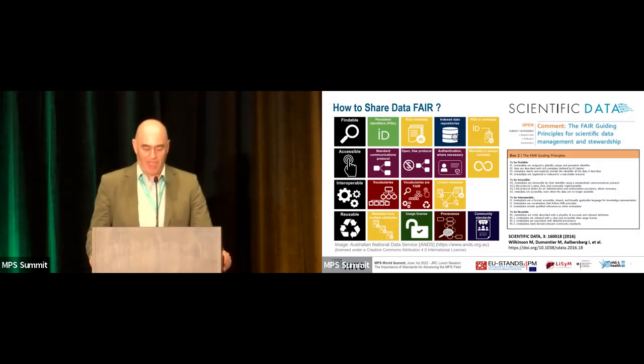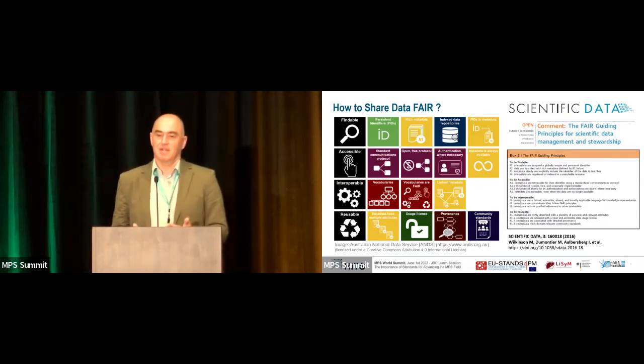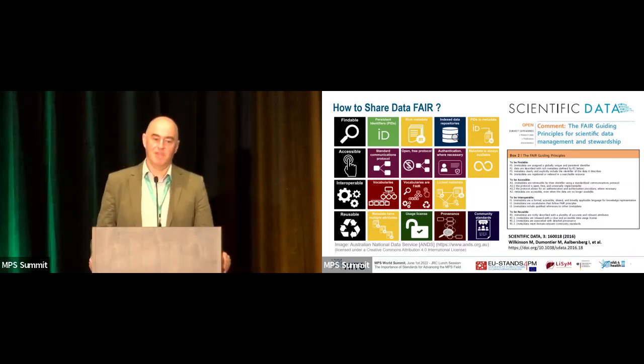For actually making the data FAIR, you have different tools and different things that you can use. So to make it findable, you need to use rich metadata, persistent identifiers for the parts of your data. Persistent means that the identifier does not change over the time. You need indexed data repositories, et cetera, to make that data findable. To make it accessible, you need standard communication protocols, you need authentication processes when needed, and also the metadata needs